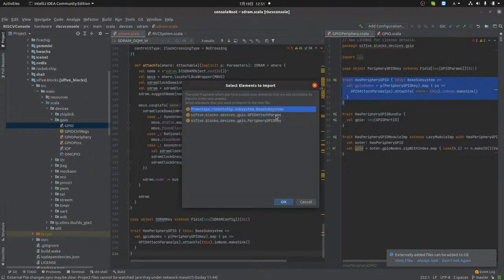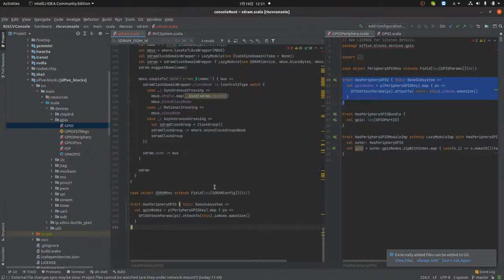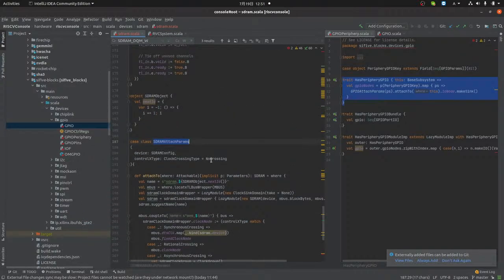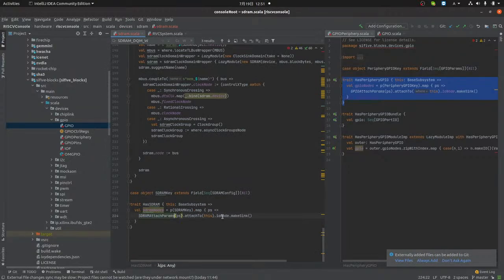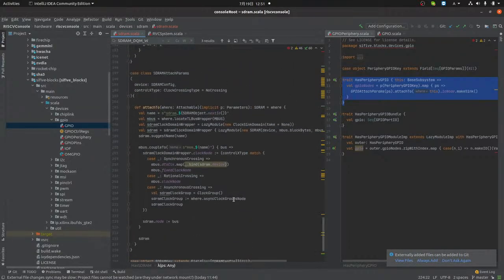Okay, the basic system only. It has periphery, has SDRAM. So SDRAM nodes equals the SDRAM key of this, and we do the SDRAM parameters of PS